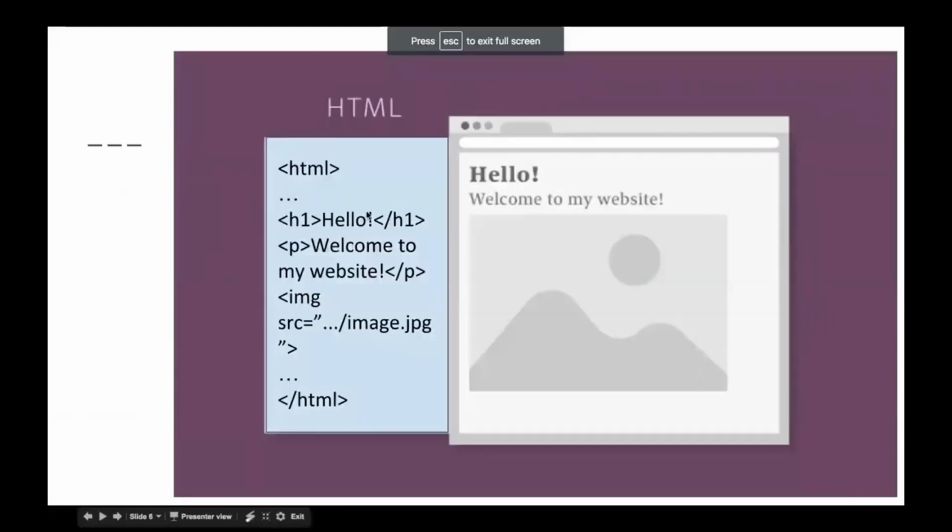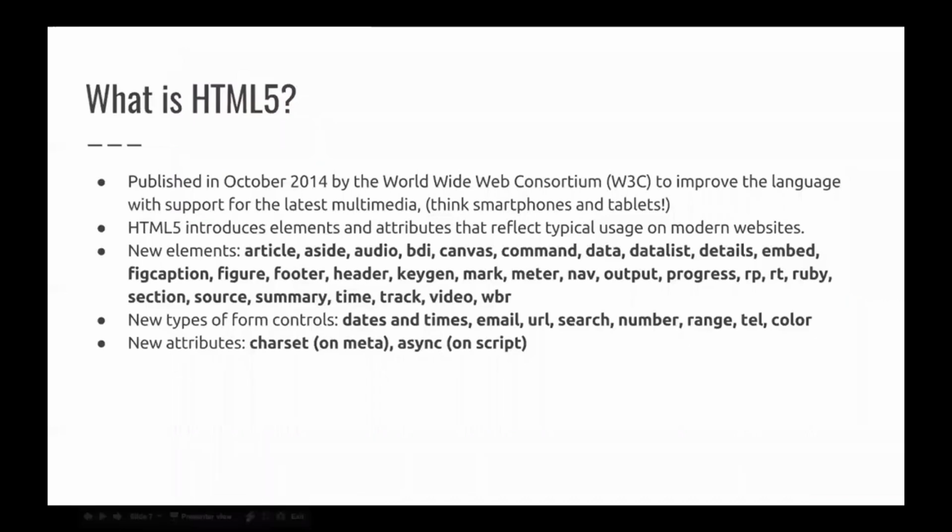H1 with the closing tag, paragraph with the closing tag, and then image source. But the image source does not have a closing tag. And we'll get into that a little bit more. We'll look at that. So what is the difference between regular old HTML and HTML5? Well, there's actually a lot. And when I was going to school,